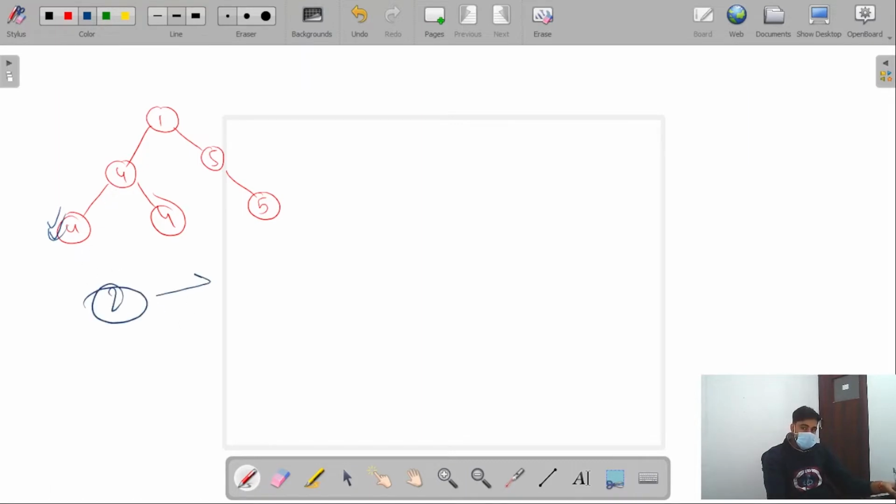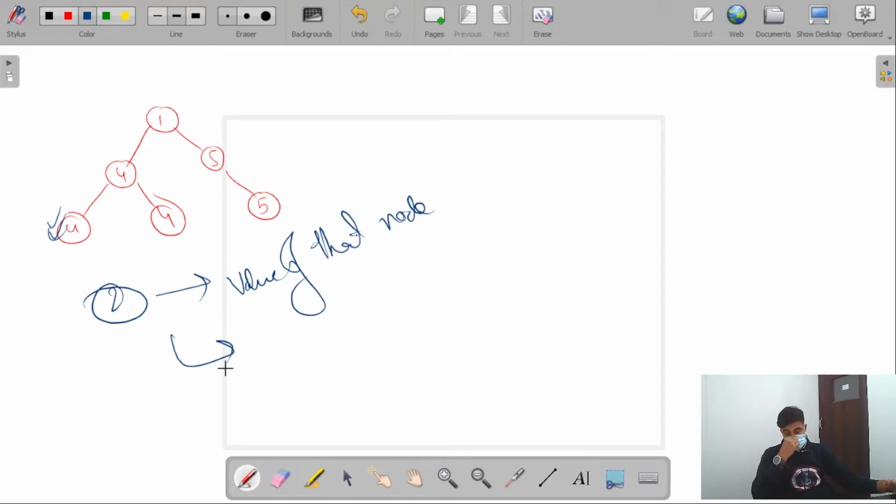What were the two values? The value of that node, and along with this value it returns one more piece of information. What was that information? The length of the longest path, not the breadth, the height, just because we are performing the breadth first search.